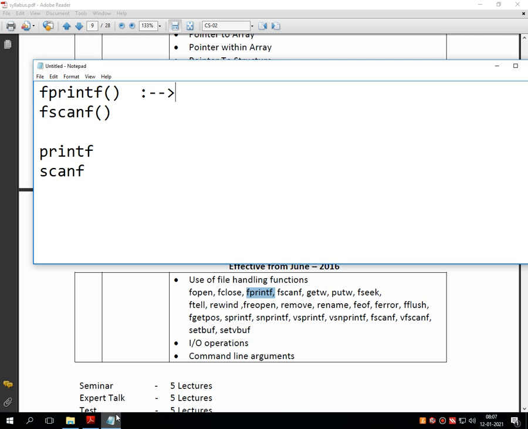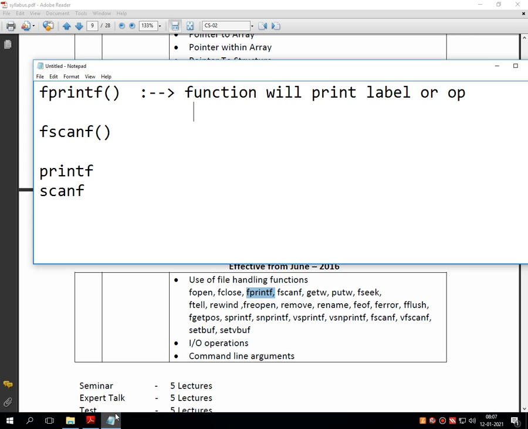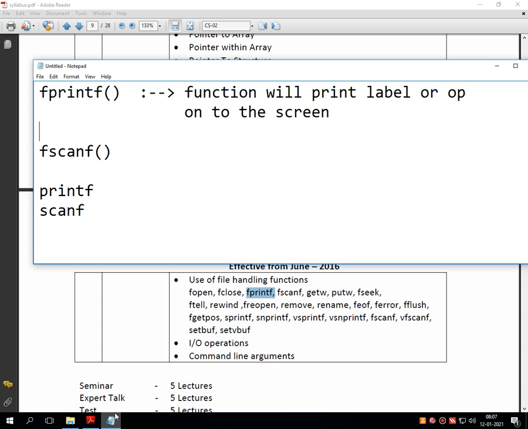The functionality remains the same. That means if we use printf, this function will print a label or output onto the screen,